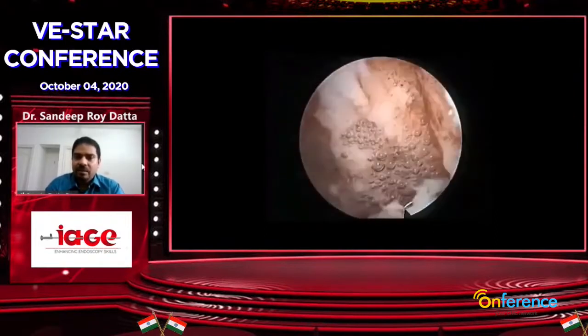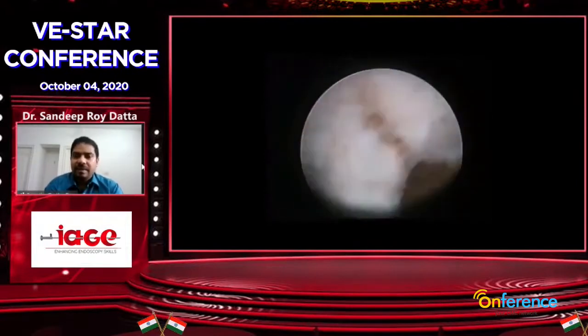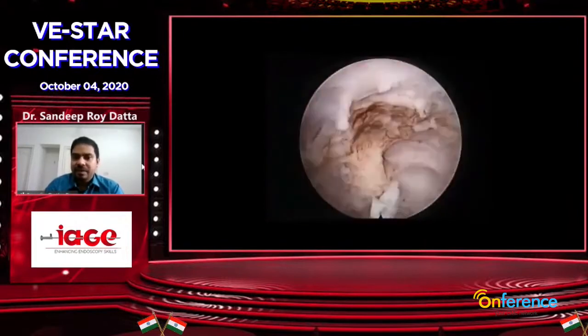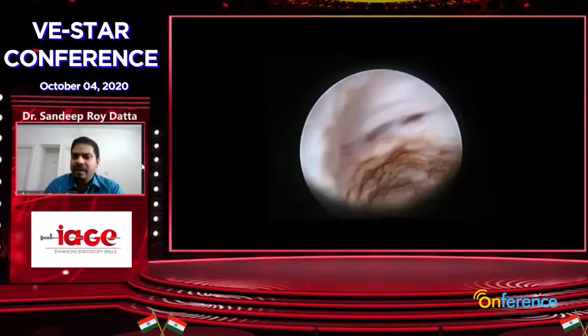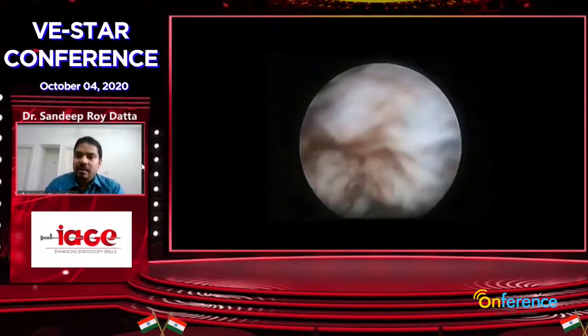And once you go towards the myometrium, you can see the whitish, pinkish fibers. There one has to be very careful, and the slicing has to be very thin. By taking thin strokes, you can remove the fibroid.